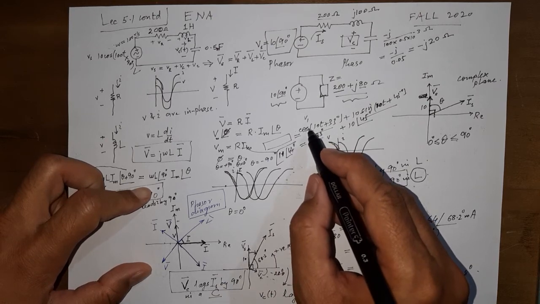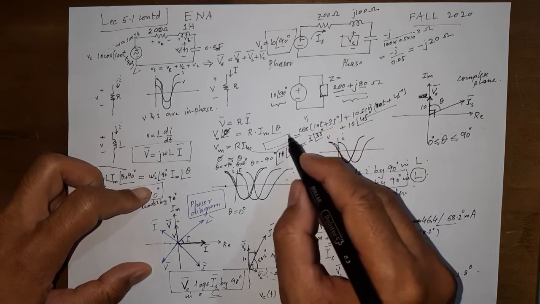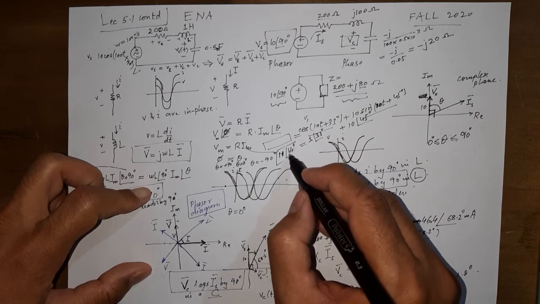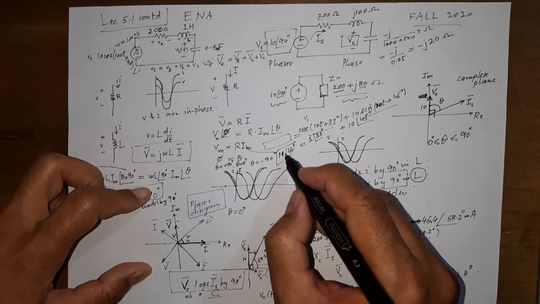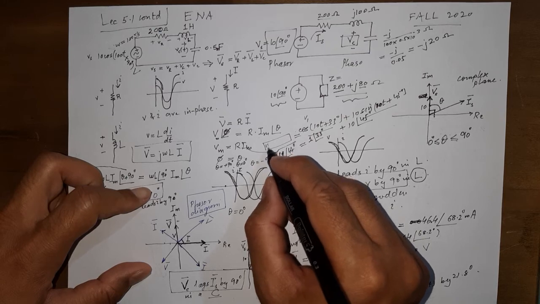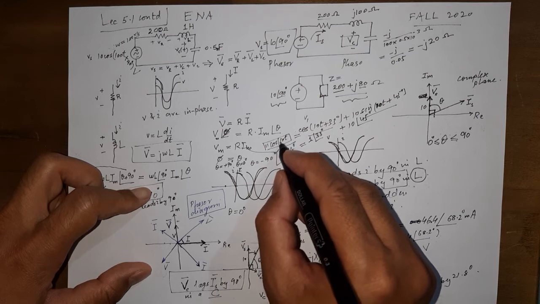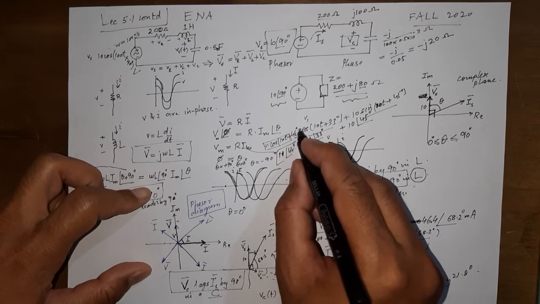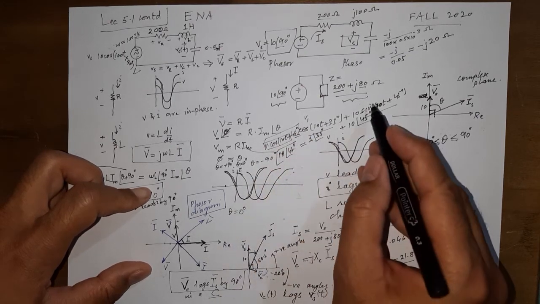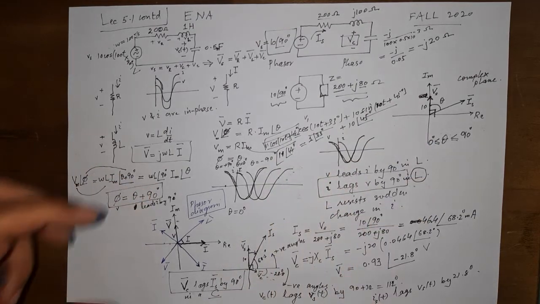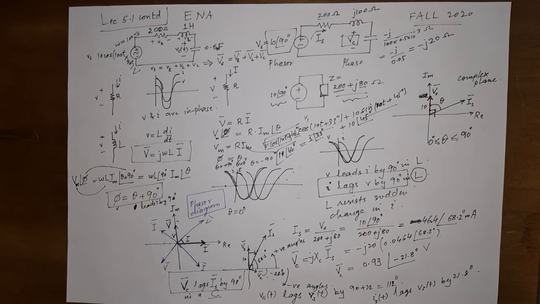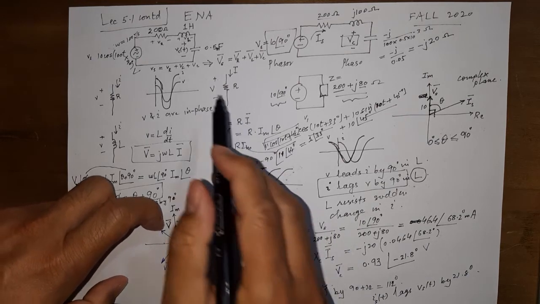So we actually needed to do this in the time domain, but we converted it to the phasor domain. We solved it in the phasor domain, but the answer is not required in the phasor domain. So we convert it back. So what we can write here is 11 cos of the same angle, that is the importance of same frequency, plus 44 degrees. Now it would be a good exercise if you can do this in the time domain and verify this result. Try to do it. So this is pretty much everything that has to be learned about phasors and the sinusoidal steady state analysis.